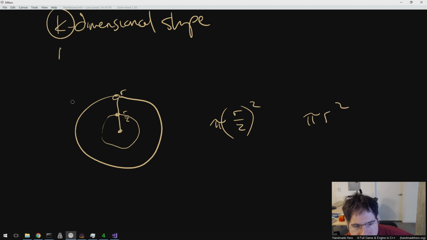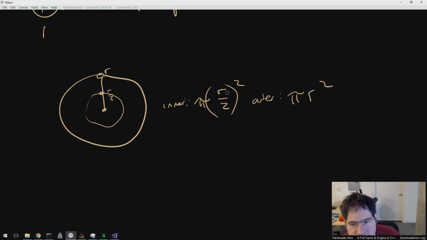Pi r squared is the outer circle, so this is the inner circle. This is the outer circle, right? So the area of the inner one is pi r squared over 4, right? Does that make sense? Because it's pi r squared, and r in this case is r over 2,